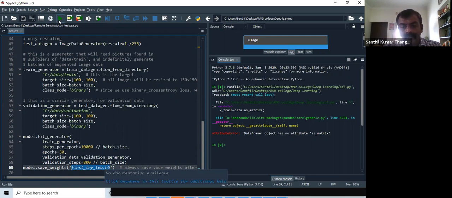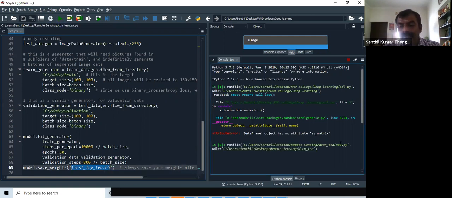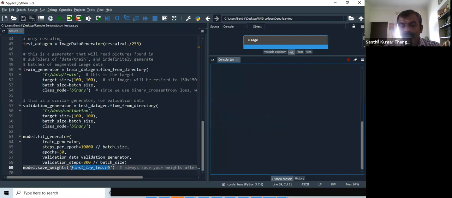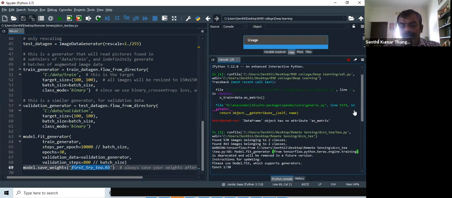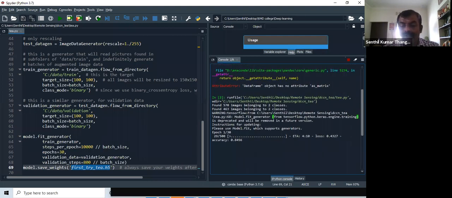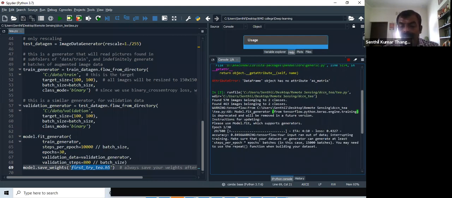Now we'll go and execute. So it will go and run the code. It will take some time. As we told you, we are running for 30 epochs, so epoch 1 to 30. Every time it will estimate the loss, and it will show you the accuracy that it is estimating as it goes from one epoch to the other. You can see on the right side what I'm showing you.